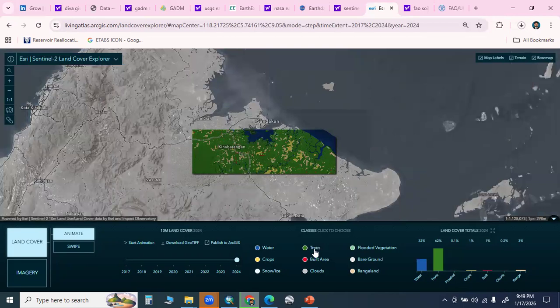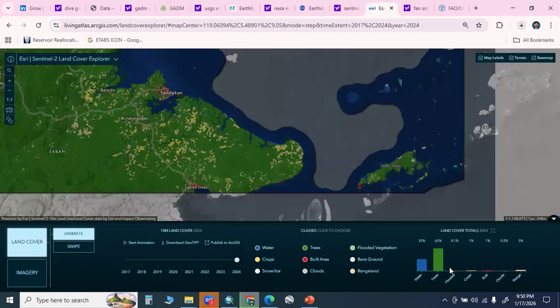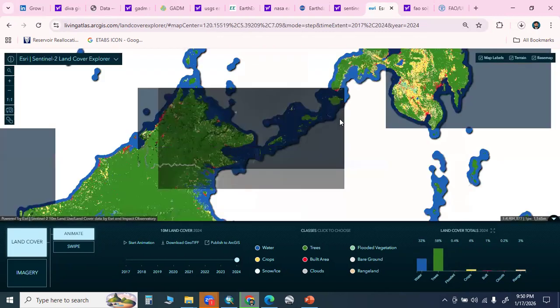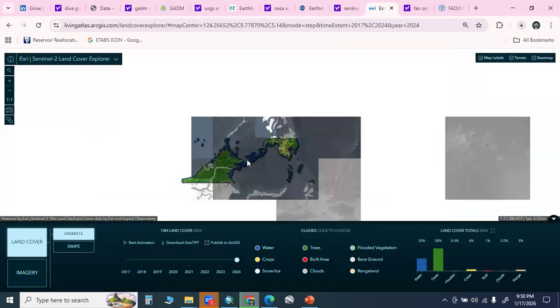You can see along with these classes at the right bottom part of this web page, the fraction of a particular type of land is mentioned here in terms of percentage, as you scroll in or scroll out, zoom in or zoom out to any part of the world, right? If I go to any location,